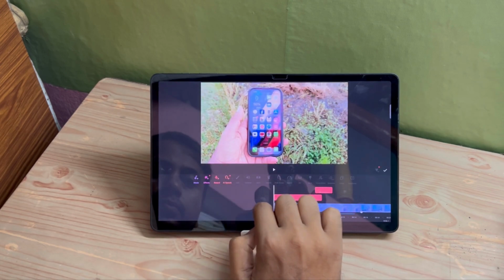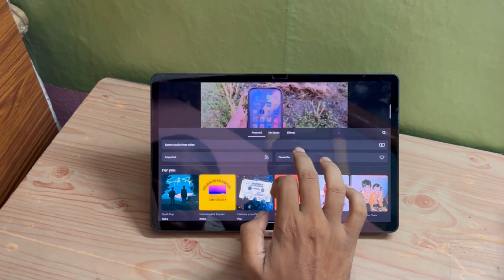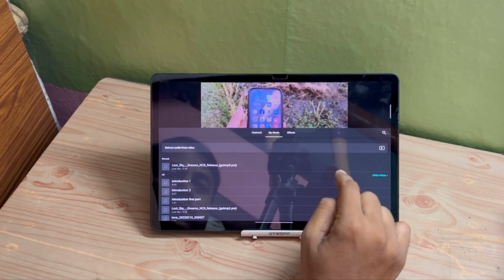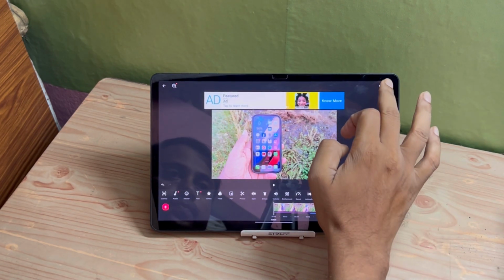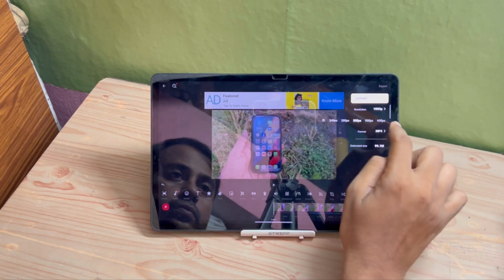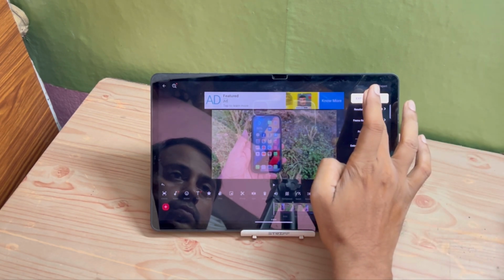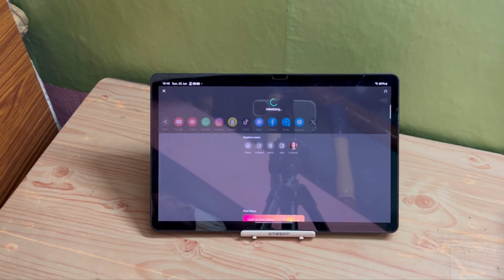Also, you can add another music if you want. If you have stored anything, you can see it here in my music. Now I will render these footages into 1080p 60 fps. The size is about 200 MB for